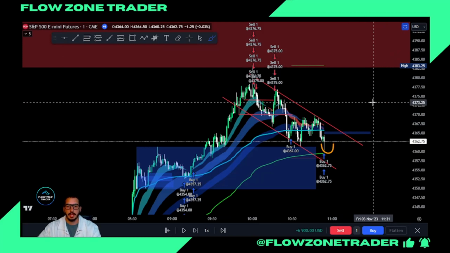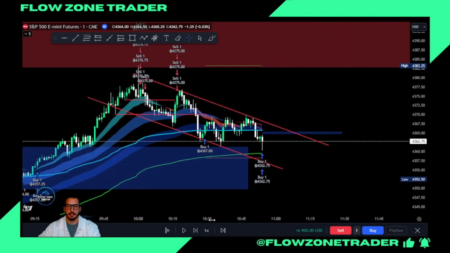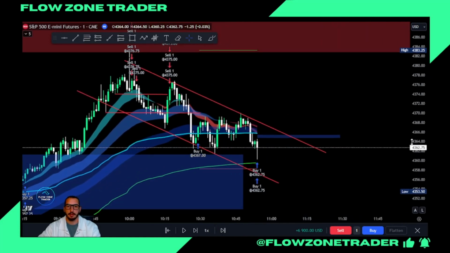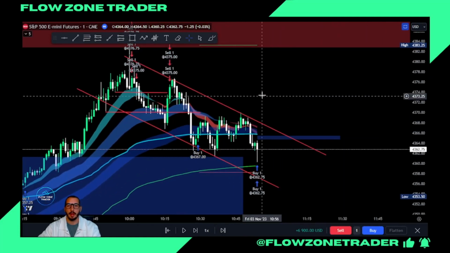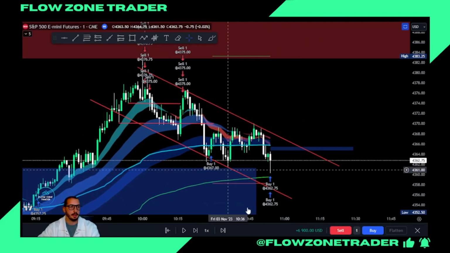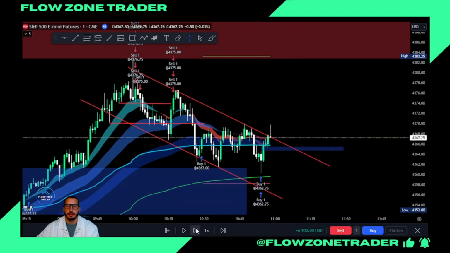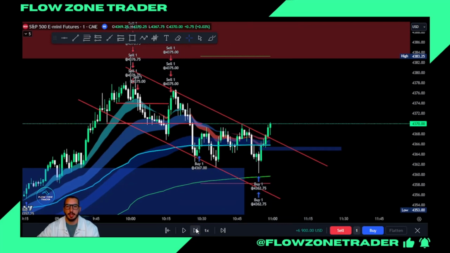This is how you need to be thinking, forward thinking ahead. What is probable for next, and then be reactive, okay? Don't guess. Have an idea of what might happen, and then be reactive if it happens, okay? Don't guess about it happening. So let it develop. Right, there's your break above. Okay, where's your swing high? That was the swing that brought you down to this low.